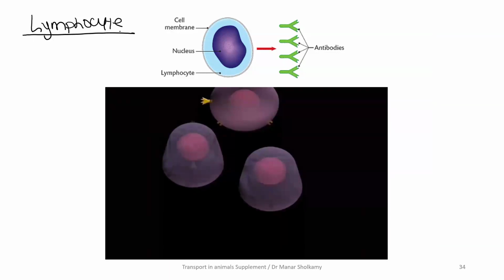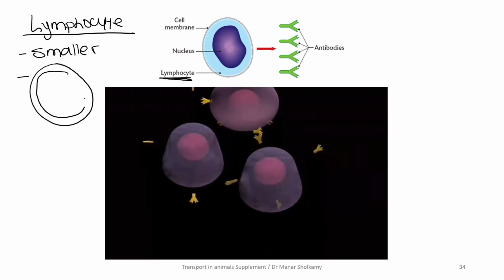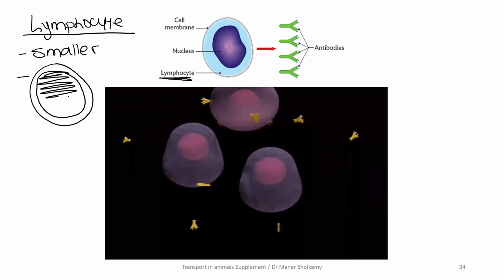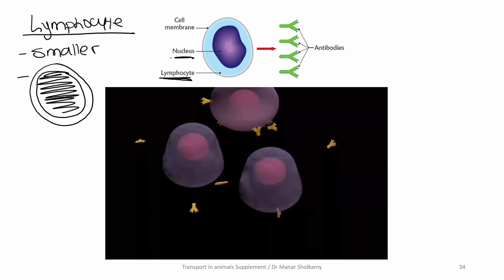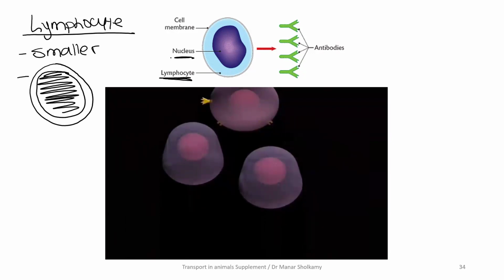Now, I want to describe the shape of the lymphocyte. This is a lymphocyte. The lymphocyte is smaller than the phagocyte. It is round, and it has a large central nucleus. The nucleus is large, and it occupies most of the cell, just like this one. Okay? Now, what is the function of the lymphocyte? The lymphocyte does not run and does not swallow and does not do any of what the phagocyte does. It releases a protein known as the antibody.